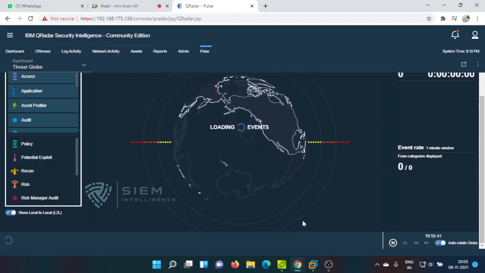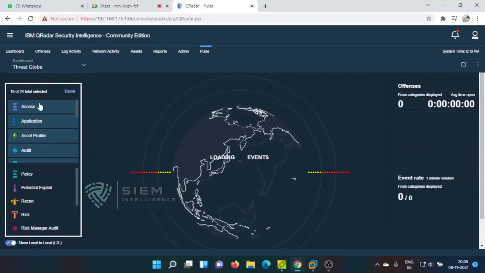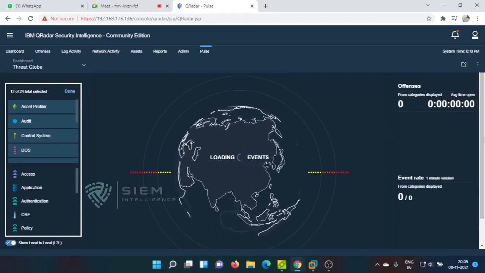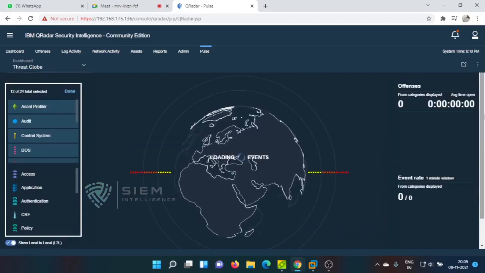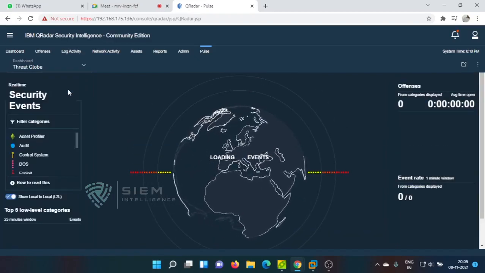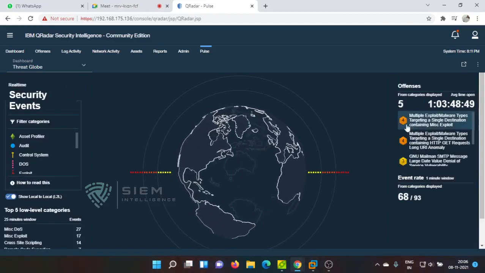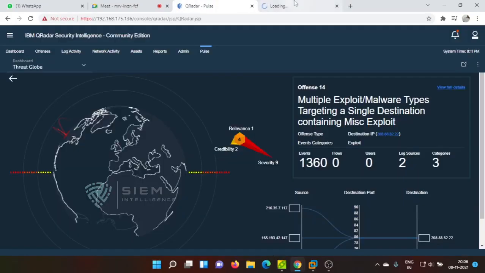It will take some time to load. We'll see. If it is real-time activity, it will show what was the last. If you go to full details, it will take you to it.